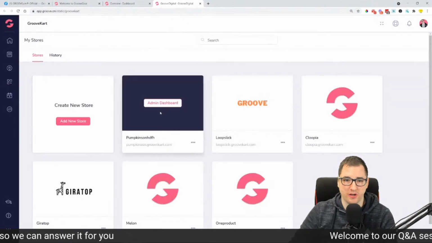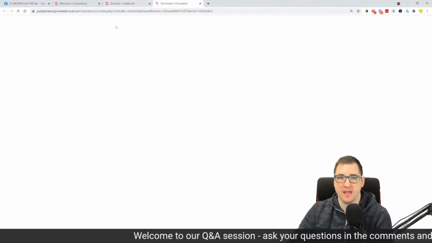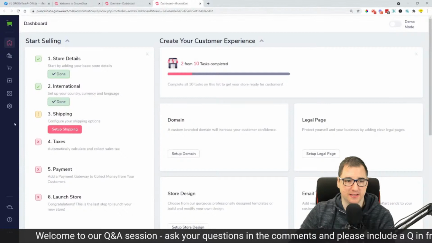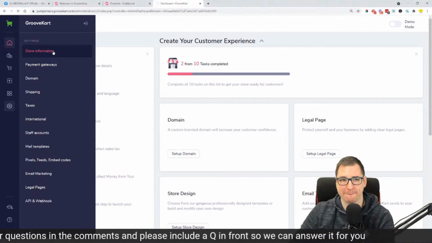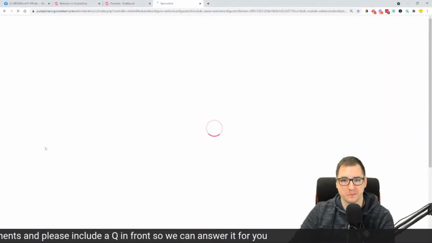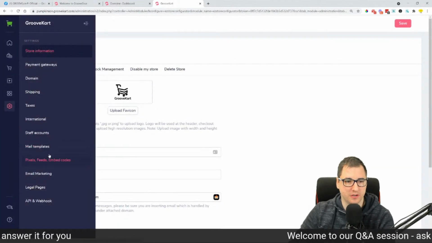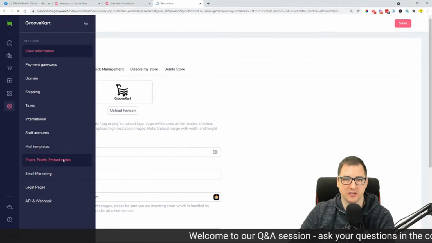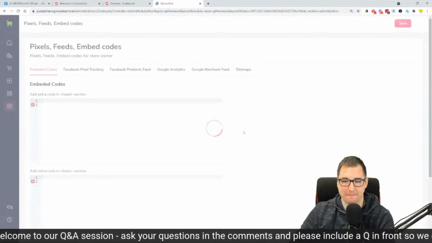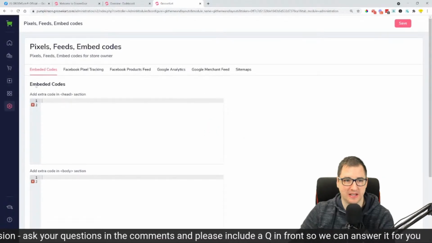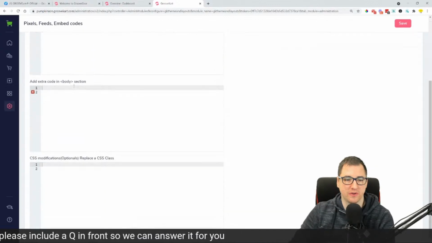So if you go to GrooveKart, you open your store, and in the store settings, let me see, I believe it is here. I may be wrong. No, it's not here. Let me just take a moment. Pixel feeds, embed codes. I believe this is the section where we will have custom CSS. Yeah, here we go. So embed codes, you see the first section for embed codes, and if you scroll down,